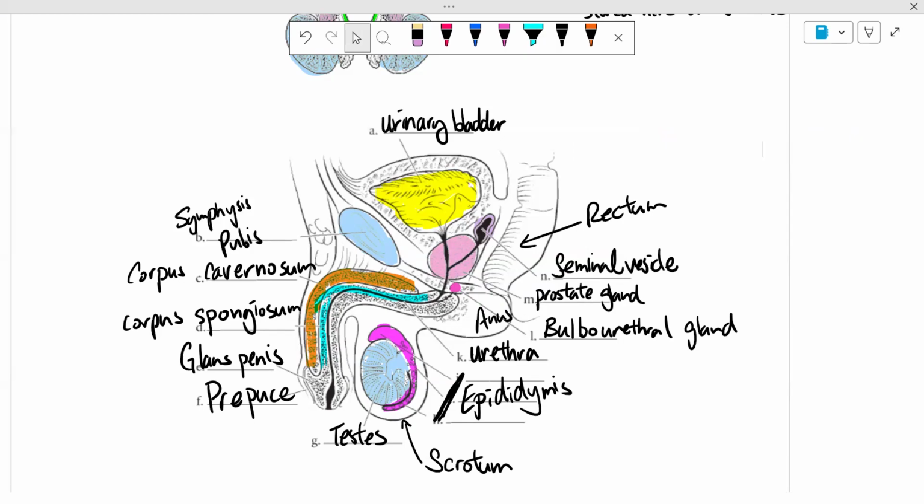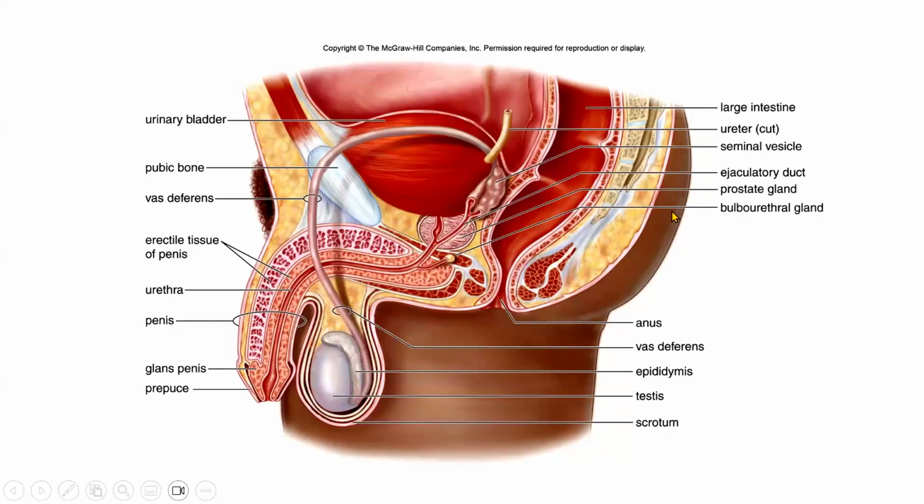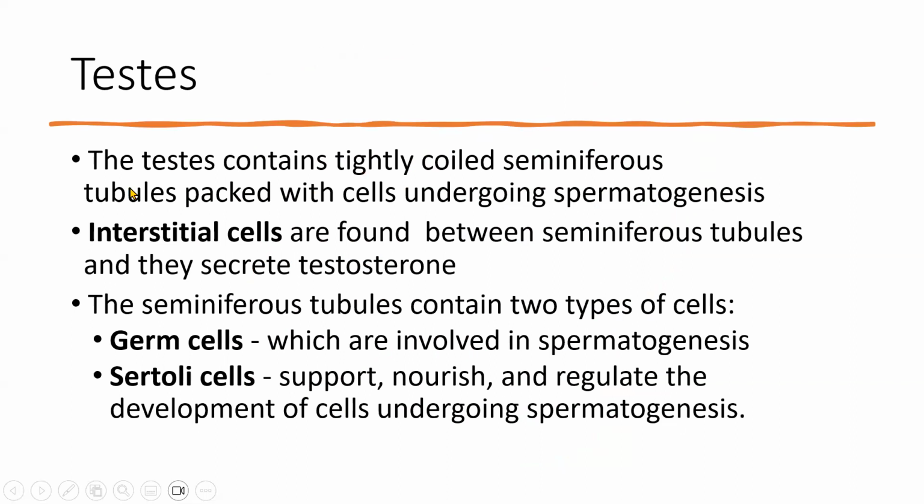Okay, just go back to the slides here for a second. All right, the testes contains tightly coiled things called the seminiferous tubules. And inside the tubules is where they will undergo spermatogenesis. There are the interstitial cells, germ cells, and Sertoli cells. It's really hard to visualize it. I'll draw a diagram for you and try to explain it for you. The best way to think about it is like